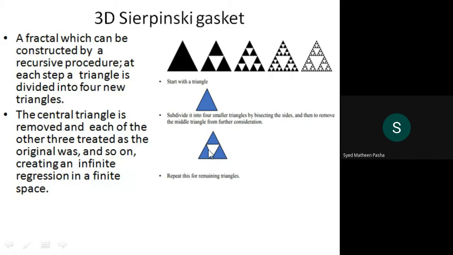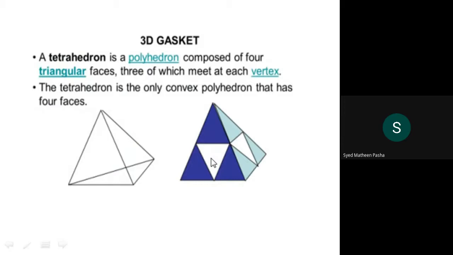That is, at last you will be removing the center triangle, and you divide the triangles which are being initiated as a single triangle, that is, the triangle which is divided into four, and you keep on dividing those divided triangles again into four. So this is the basic logic of the Sierpinski gasket. Then, how to represent a 3D gasket? I can call this program a 3D gasket as well as a Sierpinski gasket.